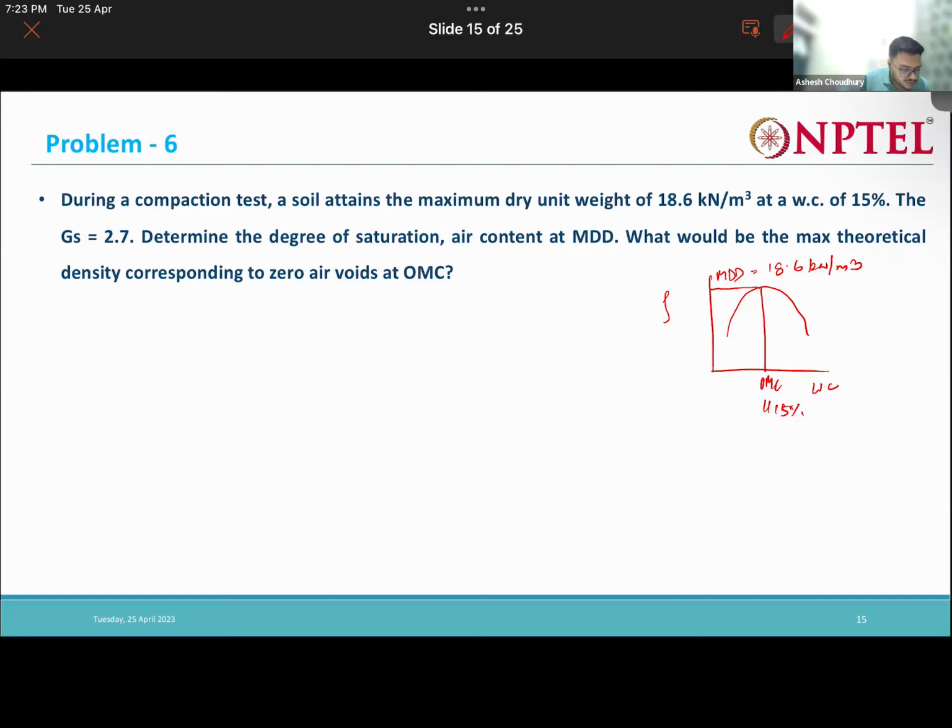So first, let us determine the saturation. How much saturated is our soil? First we determine the degree of saturation, and from the degree of saturation, we can determine the air content. Can you recall what was the formula for dry density? The normal general formula. What was that? G into gamma W divided by